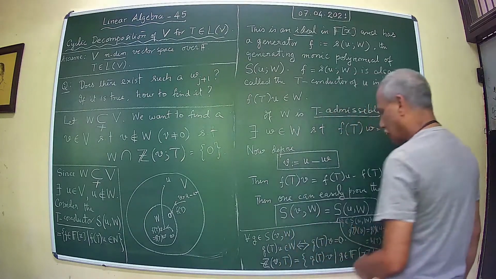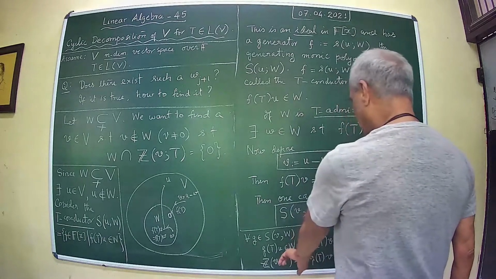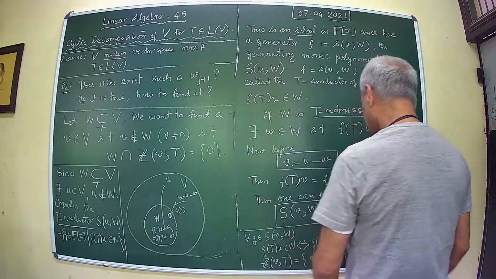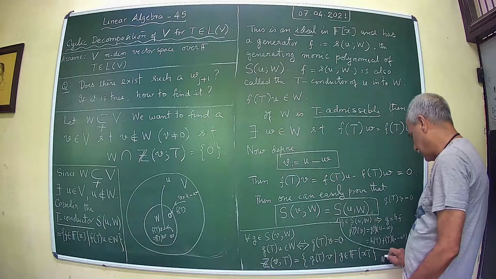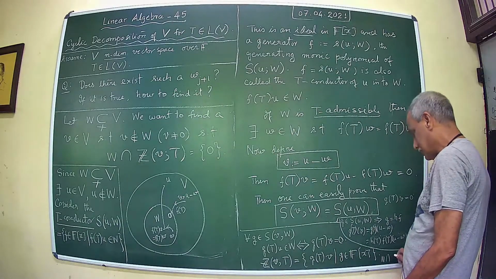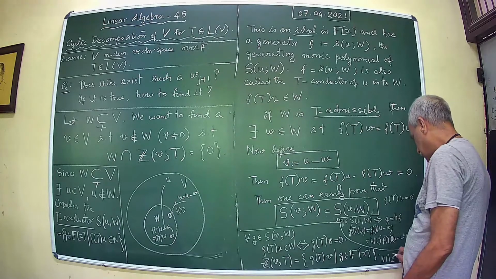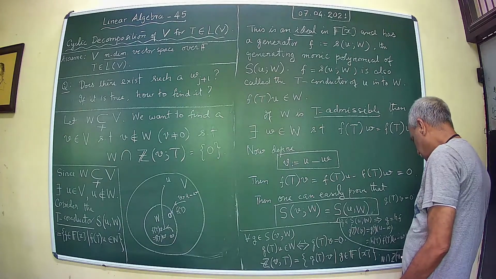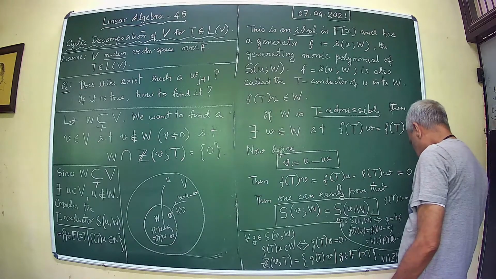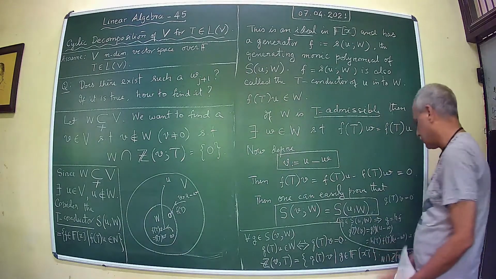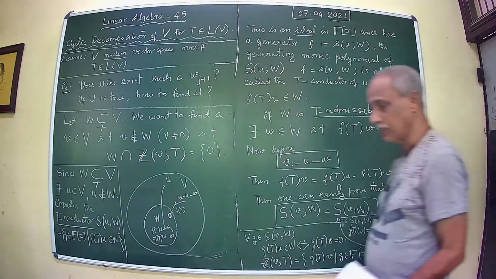Okay. Therefore, the common element of W and therefore W intersection Z, this is what it is. Okay. That means